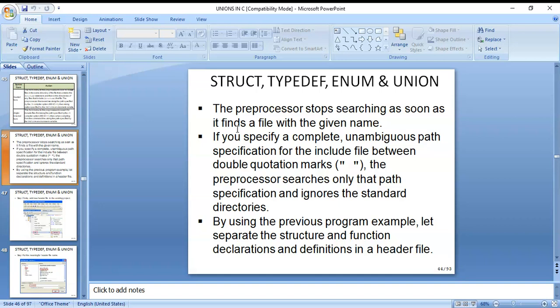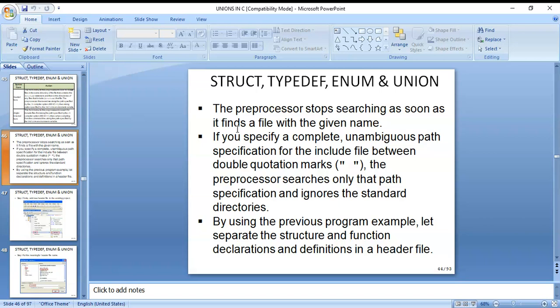If you specify a complete, unambiguous path specification for the include between double quotation marks, the preprocessor searches only that path specification and ignores the standard directories. Whatever information is included between these two double quotation marks, the preprocessor searches only that path specification.